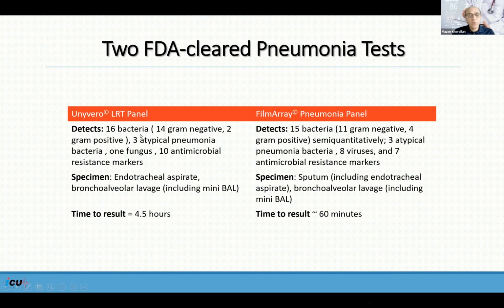The Unyvero panel includes almost the same bacteria. The atypical bacteria, it has the Pneumocystis fungus and 10 antimicrobial resistance markers. We can do the FilmArray on the sputum or on the lower respiratory secretions, such as